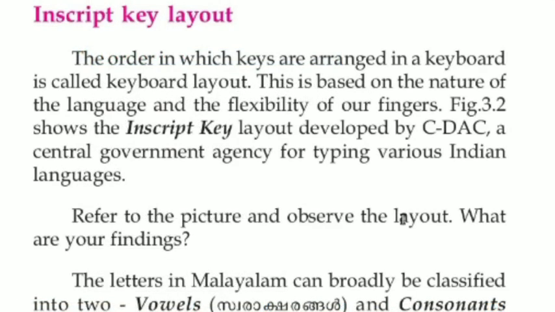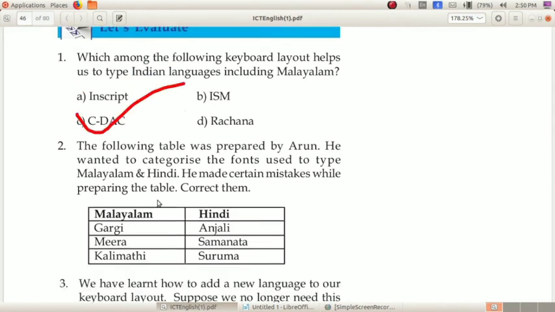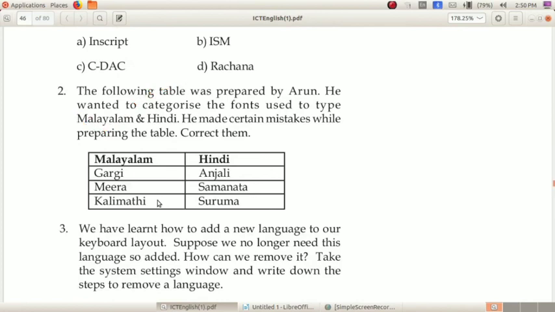See, the InScript key layout was developed by CDAC, a central government agency, for typing various Indian languages. So which is the layout? InScript key. Okay, so tick InScript key.